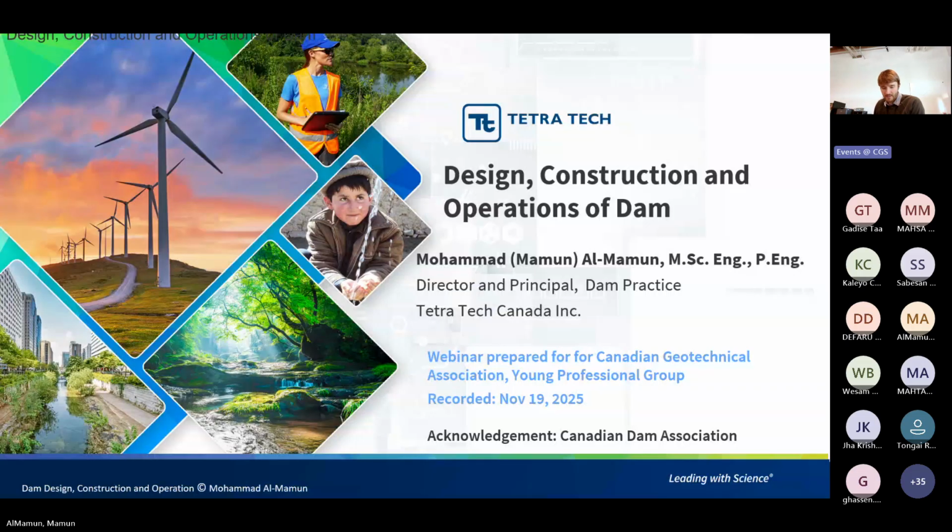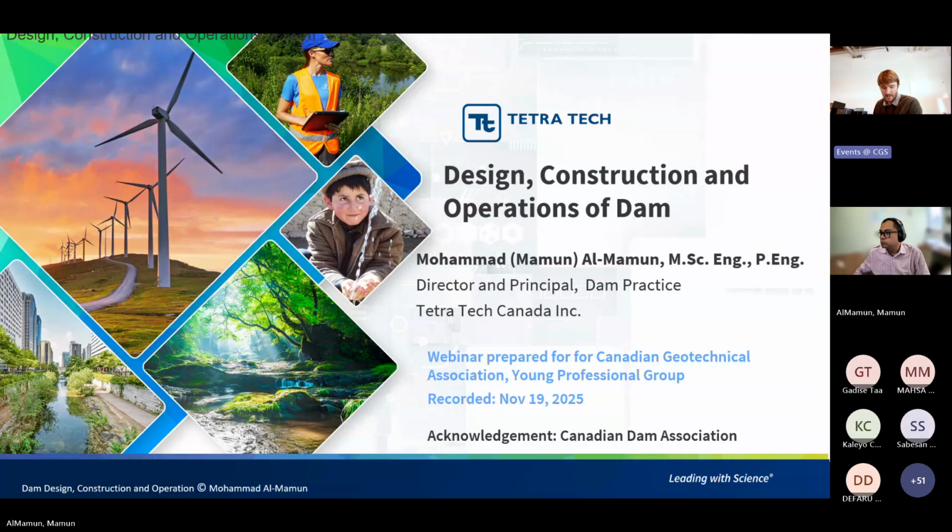Mamoon has 25 years of experience in geotechnical, geoenvironmental, and infrastructure engineering at Tetra Tech, and he's led multidisciplinary and multi-stakeholder teams that deliver complex and challenging design and construction projects. His areas of expertise include design and construction of embankments, dams, and waste dumps, dam safety management for water, hydropower, and mining, risk assessment, regulatory compliance, tailings management, large-scale site investigations and foundation characterizations, instrumentation programs, as well as laboratory